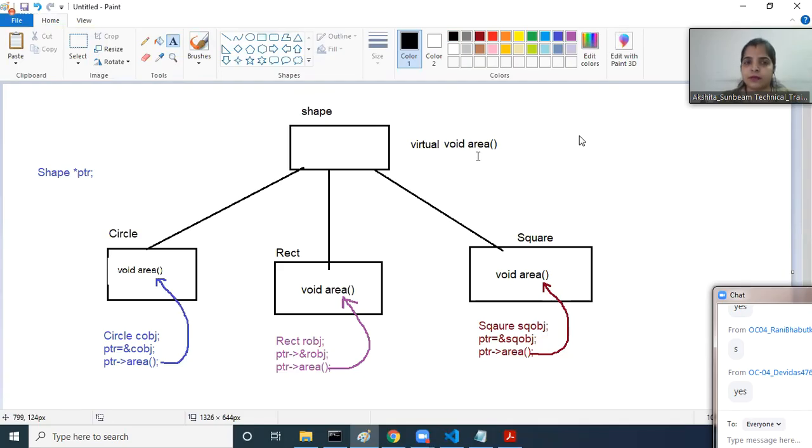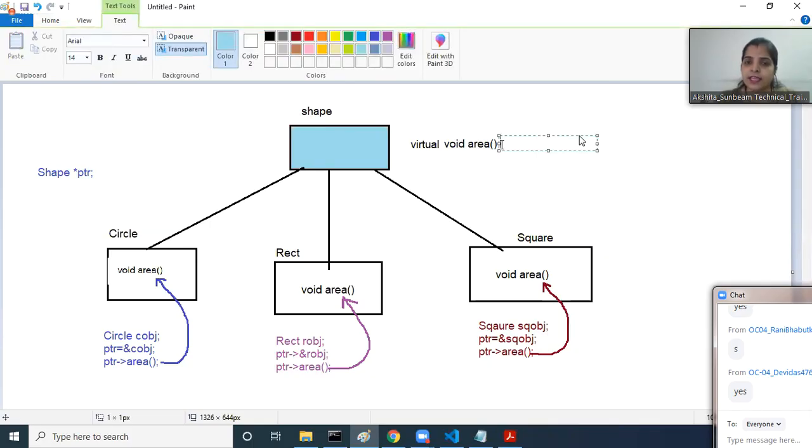Can you please tell me at this point, I'm talking about at the shape class, am I aware about the area function? मुझे एरिया फंक्शन के बारे में 0% नॉलेज है, पार्शियल नॉलेज है कि फुल नॉलेज है? At the initial stage, while declaring the area in the shape class, am I aware about 0